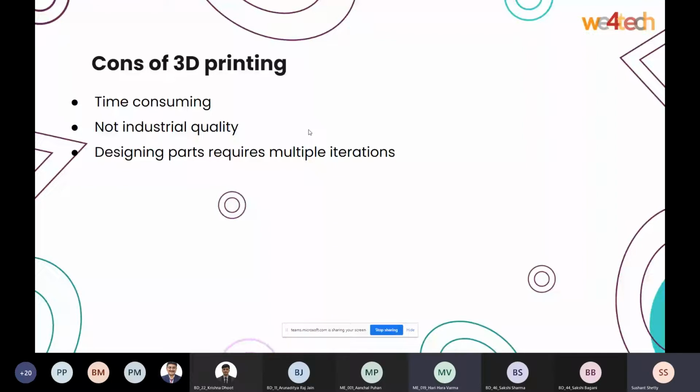Also, the manufacturing process has been perfected over decades, but 3D printing is still in the nascent stage and hasn't really picked up, so the quality that you get is not really good. One of the pros that I missed out on was